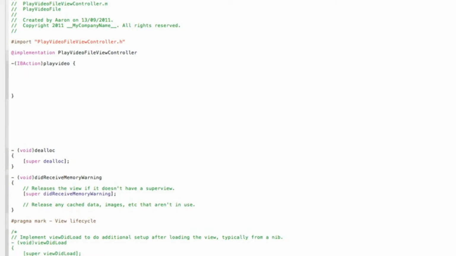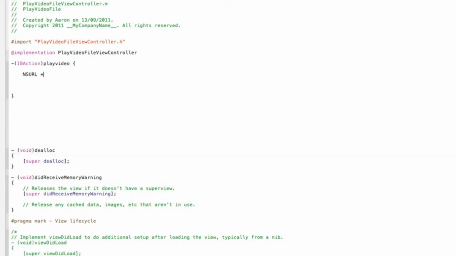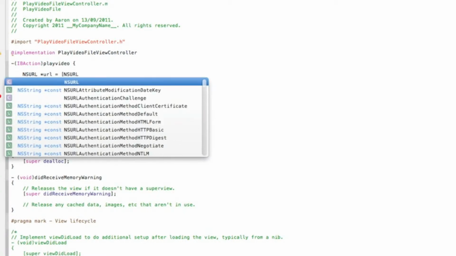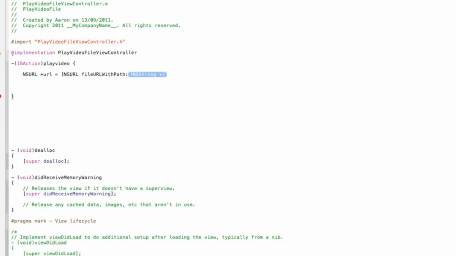And we start with the first line of coding, which is NSURL space asterisk, and we'll name it url, just to go with the NSURL, space equals space bracket, capital again, NSURL space fileURLWithPath, and in the NSString here in the highlighted section we do bracket bracket NSBundle mainBundle, and then close that a little bit up there with a bracket space pathForResource,